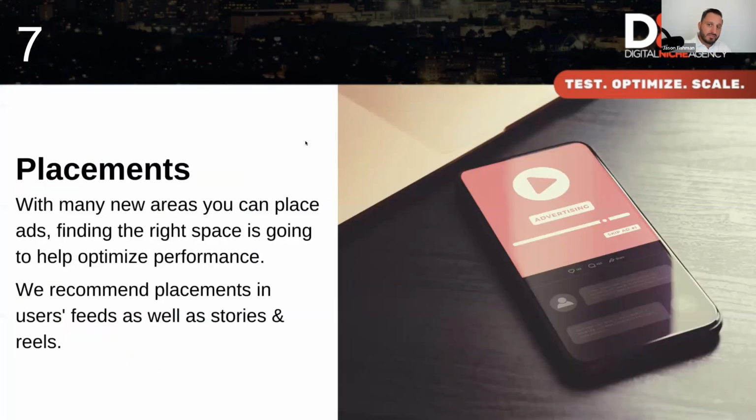And Nikki, what placements do you see performing best these days? And more importantly, what is the right model to approach and plan in regards to placements? Yeah, so placements, let's start from the testing phase. Usually for the testing phase, I allow Facebook to really go wild and just place them wherever they see fit. That's so we can get the algorithm going, get the algorithm understanding which platform or which placements work best. And most of the time, we'll see that the news feed placement works the best.